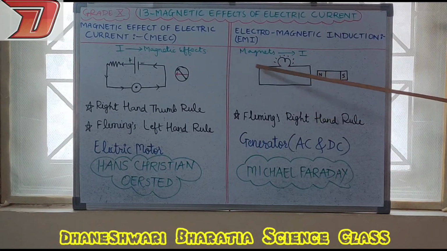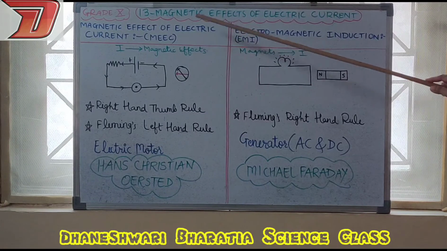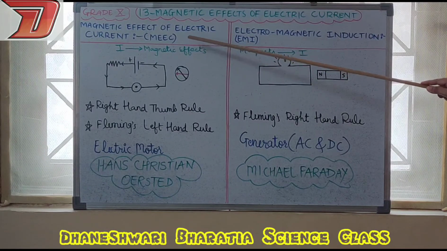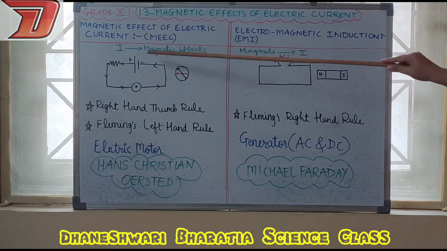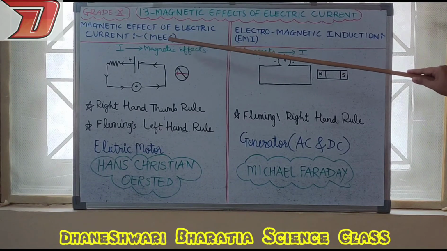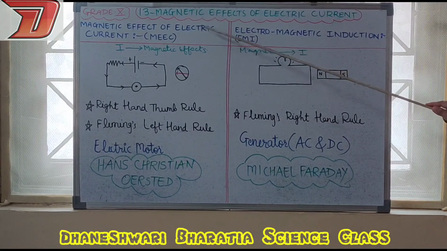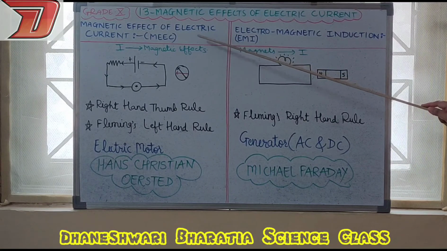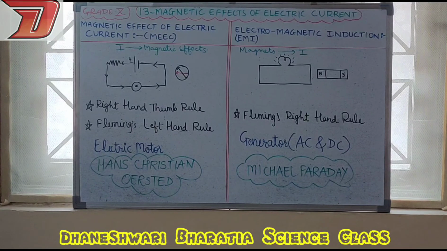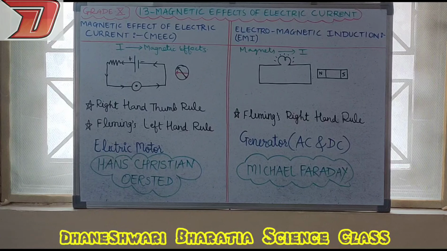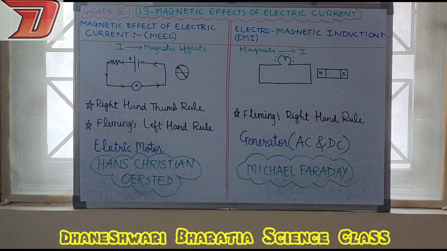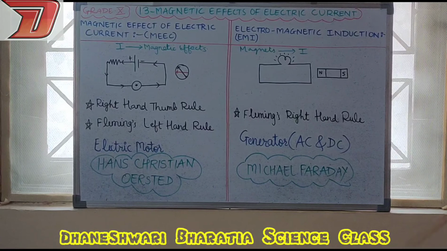Before we start the chapter, the things which we are going to learn: the entire chapter is divided into two parts. In the first part, we will be learning about the magnetic effect of electric current, in short, I have written here MIC. In MIC, whatever effects in chapter 12 we have learnt about the various effects when we pass electricity, or electric current, whenever it passes, some changes come, isn't it? So along with the flow of electric current, a magnetic field is going to be generated.